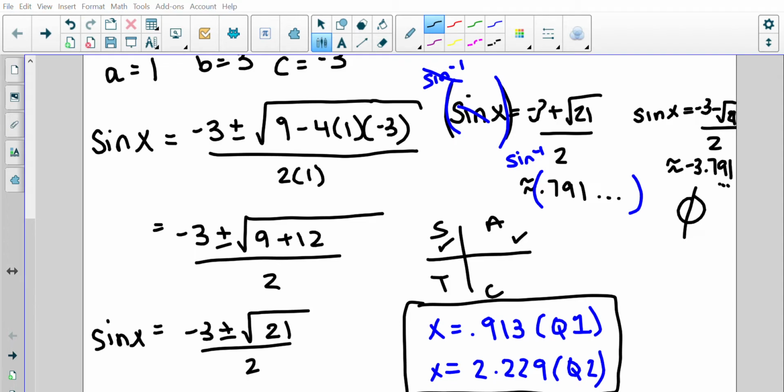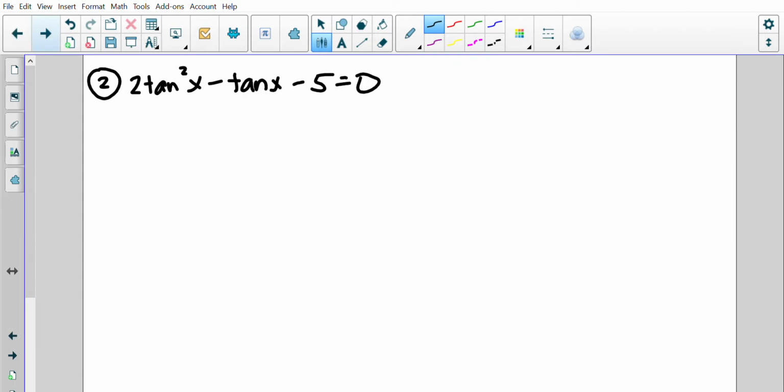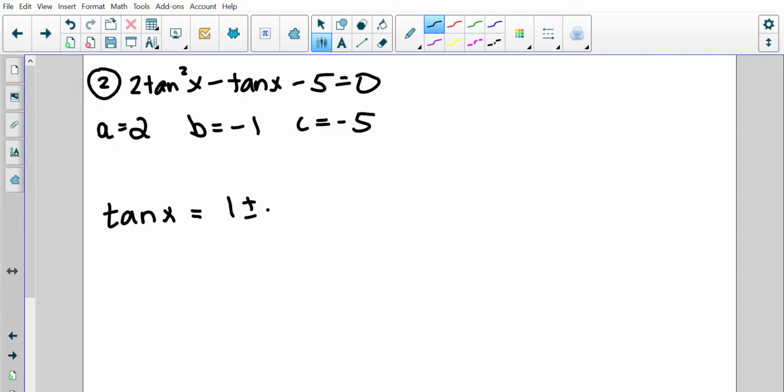Okay, so let's go ahead and try another example using the quadratic formula. Here's example 2. So 2 tan squared x minus tan x minus 5. Again, if this was in a pool of problems, I would definitely try normal factoring first, but if it doesn't work, then we have to use quadratic formula. So here A would be 2, B would be -1, and C would be -5. And this time we're going to have that tan x, because that's the trig function we're working with here, equals, and then we plug in. So 1 plus or minus the square root of 1 minus 4 times 2 times -5, all divided by 2